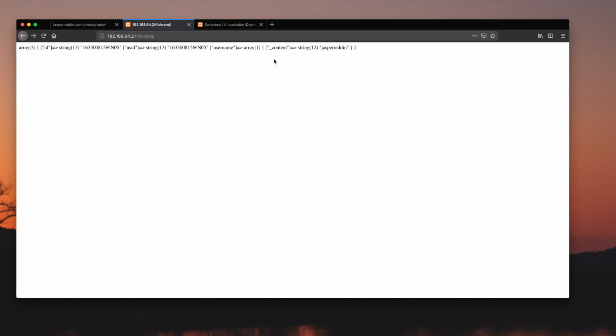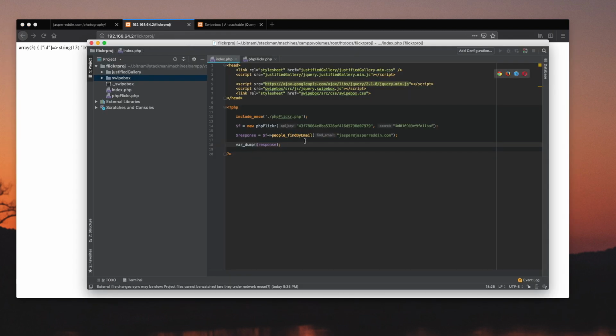So I've already made the API call that I wanted to right here. So I'm going to go ahead and get this. It's the NSID that I need. So here's my NSID, and I'm going to copy that, and I'm going to paste it in a new line for my